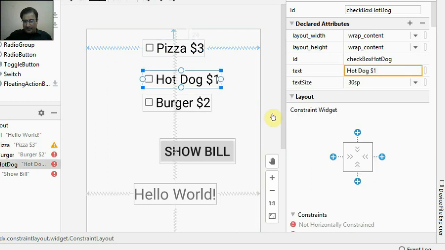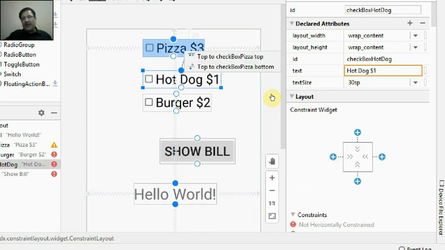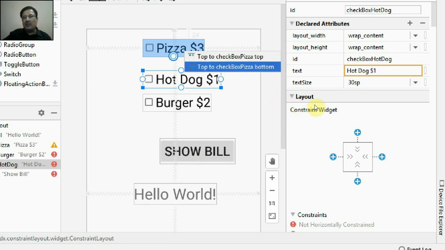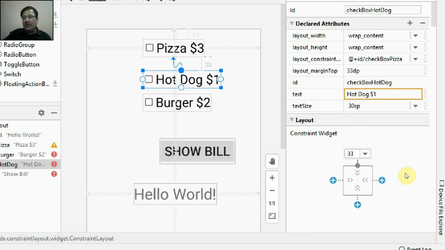Similarly, you click here, none of the constraints are laid out for this checkbox. Select this, click it and leave it on to here. It is asking whether you want to set the constraint of the checkbox with this upper checkbox. You want the distance to be kept from the top of the checkbox, or from the bottom of the checkbox, the gap between the two. I have said that from the bottom of the checkbox I want to define the gap, right? By default it has shown me a 33 pixel gap. I'll make it say 16, right? I can even increase it, it's up to me.